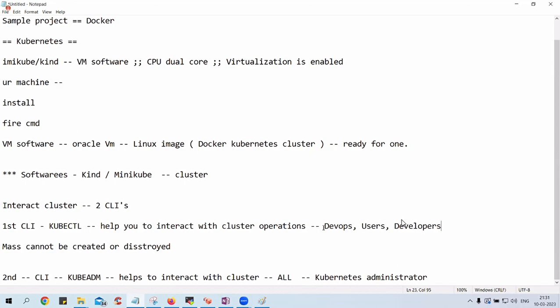And a person in a non-admin role who wants to interact with a cluster, like creating, deploying, modifying, stopping, and starting applications, kubectl is more than sufficient. Are we clear? DevOps engineers interact more with kubectl, guys, unless you're going with an admin role, then it's KubeADM. Clear?